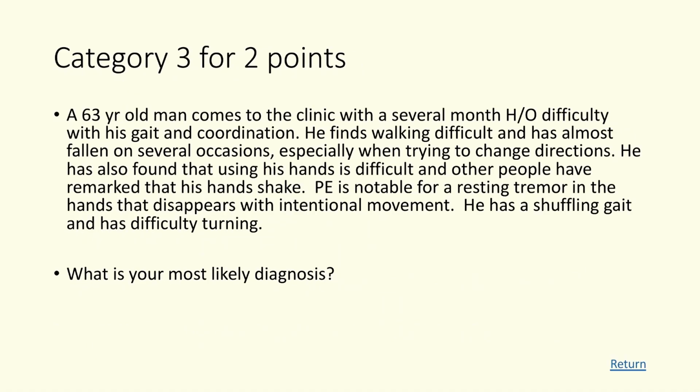Next one. A 63-year-old male comes to the clinic with a several-month history of difficulty with his gait and coordination. He finds walking difficult and has almost fallen on several occasions, especially when trying to change directions. So changing directions, what type of movement is that? Intentional, and a coordinated movement. It's intentional, but it's a